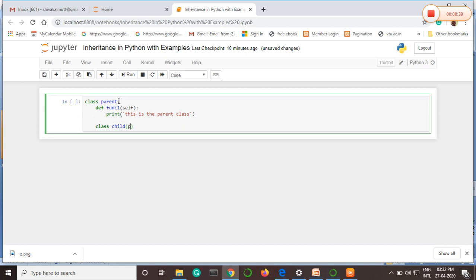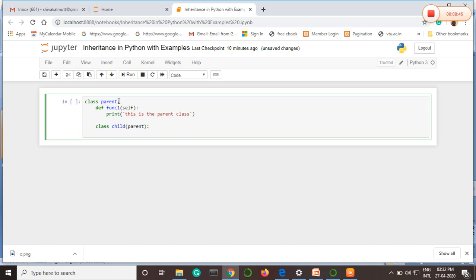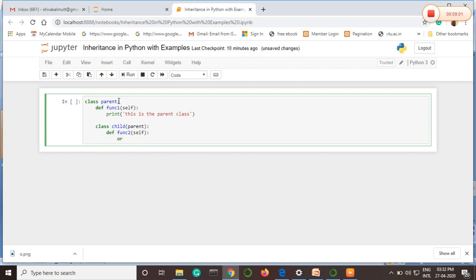And I will inherit the method or function of the parent class, colon. Then I will define function 2 with self, colon, print, this is function 2, or we can say this is a child class.